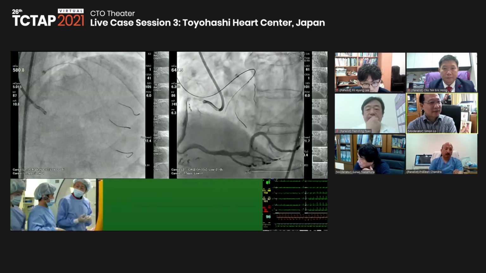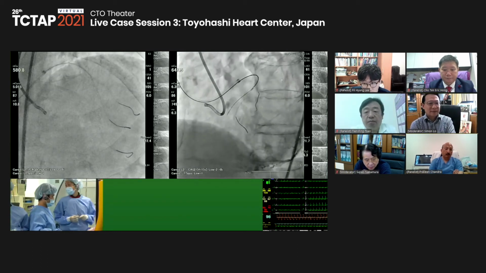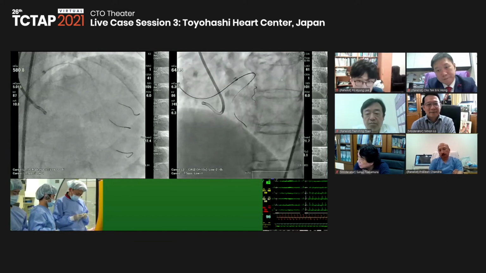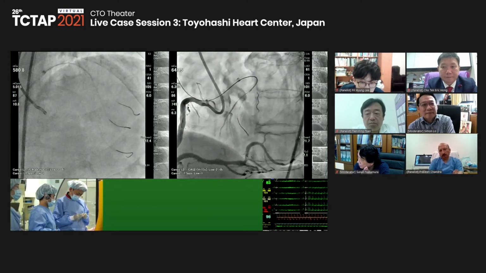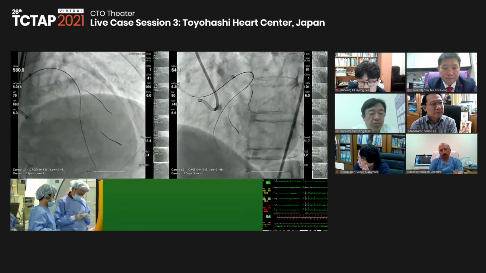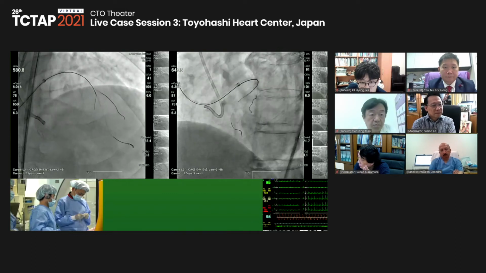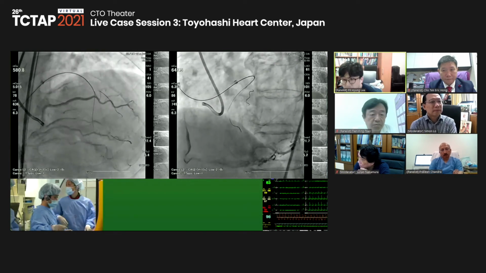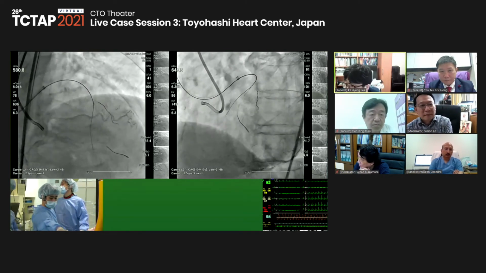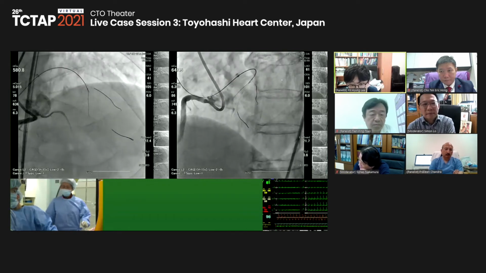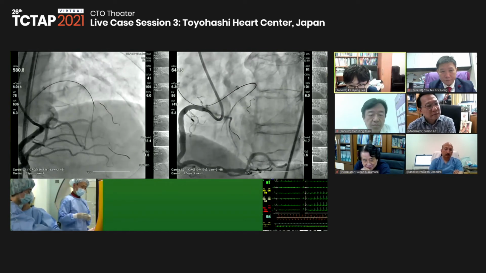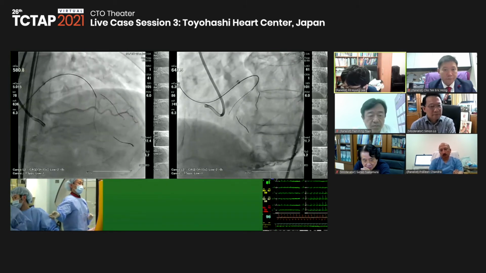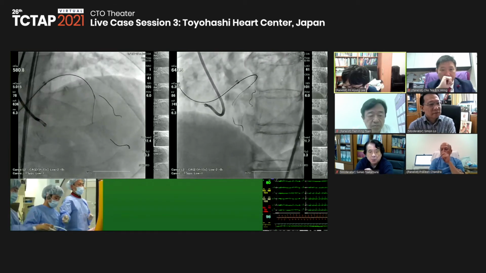I think the finding of the IVUS would be quite important because the LAD distal to the first and second diagonal was quite big at the baseline, maybe more than 3.0 or almost 3.5.